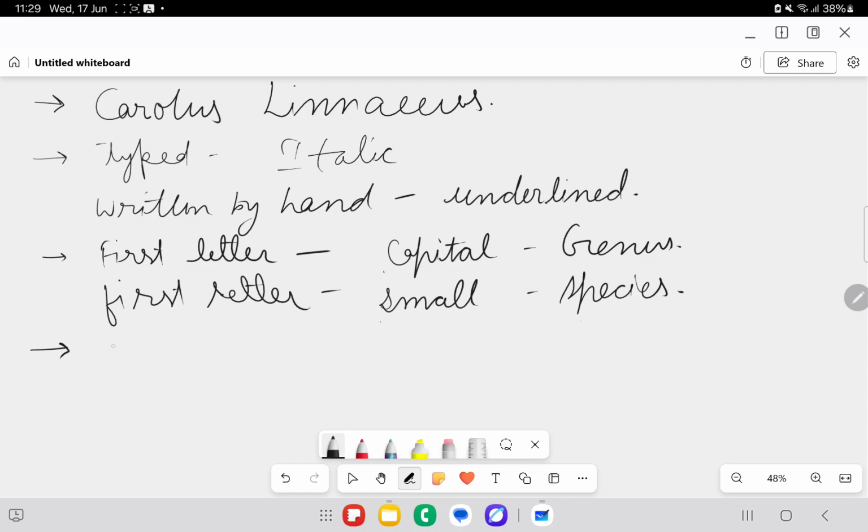At the end of the genus and the species, an abbreviated form of the